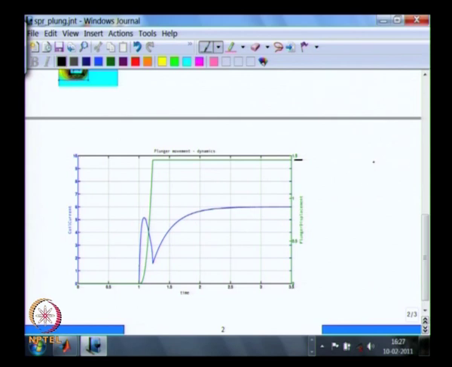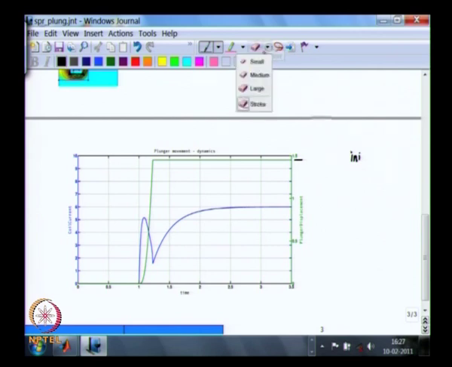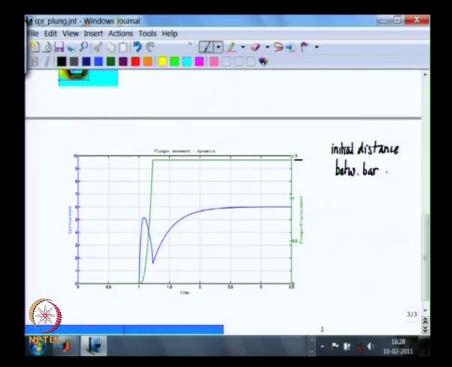We have looked at the initial distance between the bar and the stopper. Stopper is where the bar goes and hits in the end. This distance is 1.5 inches,